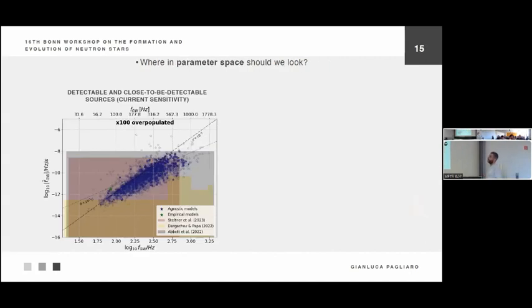In this plot, you see how the parameter space surveyed so far compares to what is currently detectable and close to being currently detectable. Basically, we are surveying most of the interesting parameter space. We can maybe localize some areas where, in principle, we can just reject. However, this must be done carefully, in the sense that we must understand what the sensitivity gain would be in rejecting that parameter space portion. We're actually working on this, trying to set up a framework that optimizes all-sky surveys.